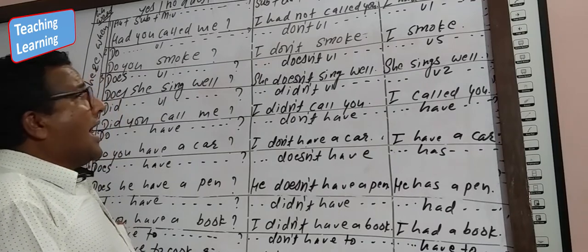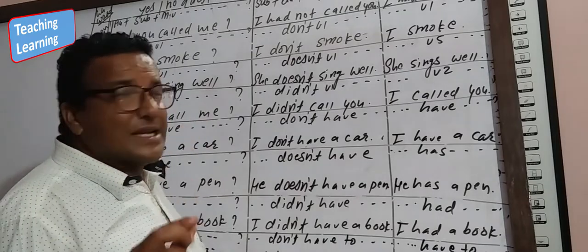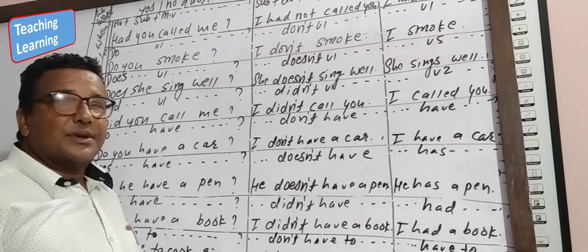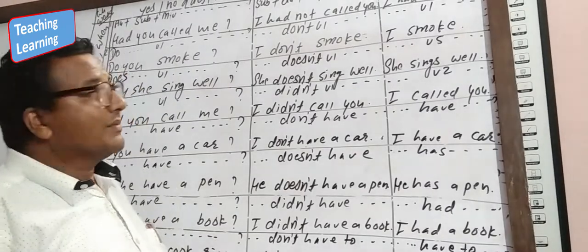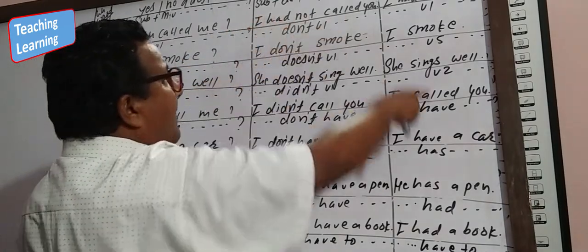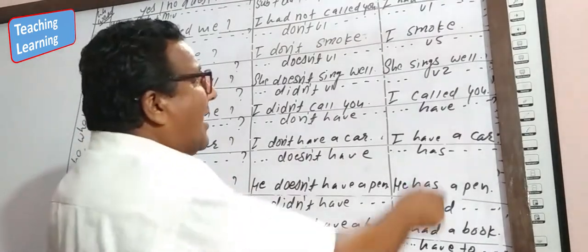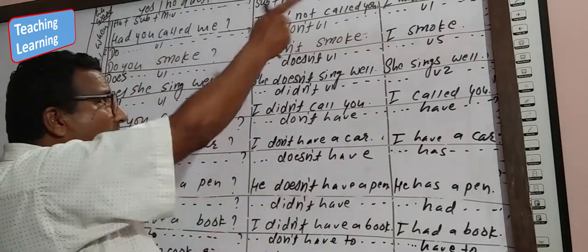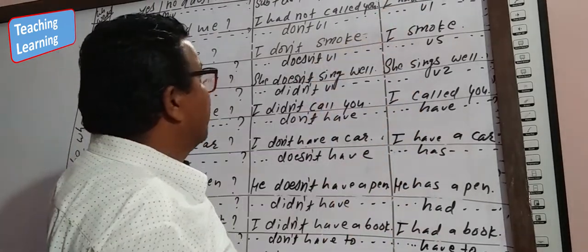Then how do we use this in fluent English? Look at these rules. Hello, have you come to my house? Will you go to the USA? If there is an auxiliary verb, answer with it. No, I have not gone to your house. Yes, I have gone to your house. No, I will not go to the USA. Yes, I will go to the USA.